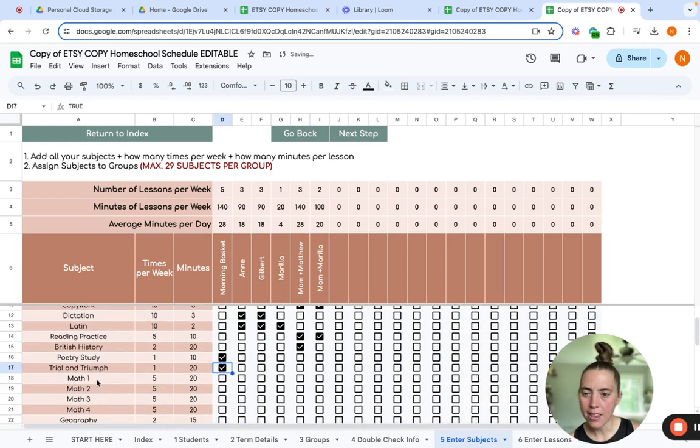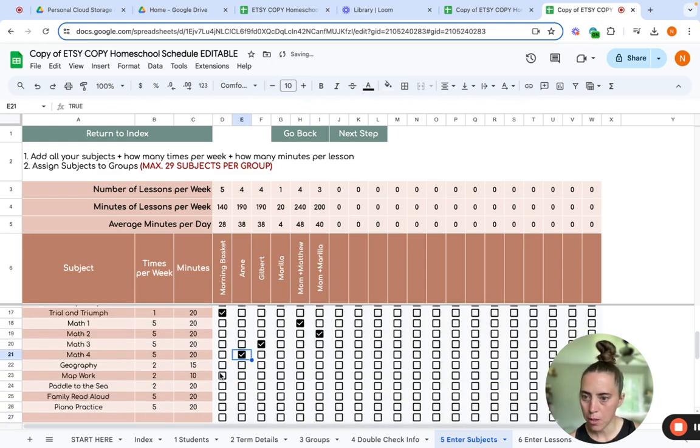Okay, so math, because each student is in their own math, you need to make 4 different maths. So math 1 is with Mom and Matthew. Math 2 is Mom and Marilla. And then the older kids will do their math on their own. So geography, we are going to do that all together. Map work we'll do all together. Paddle to the Sea